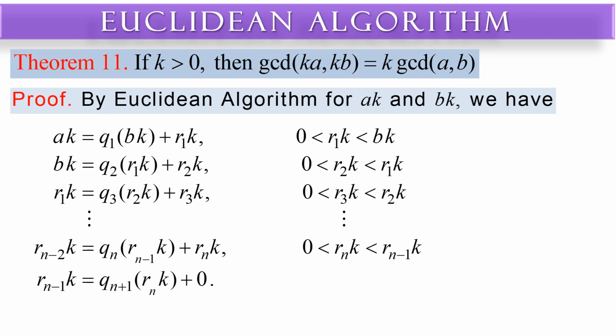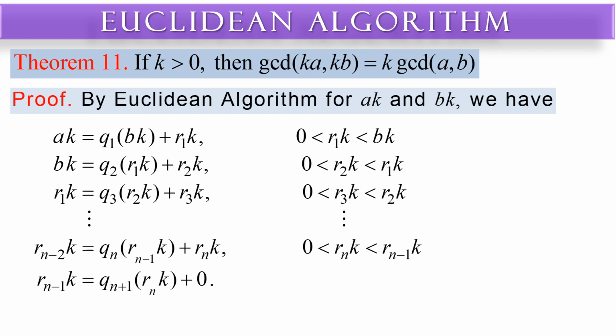a times k is equal to q sub 1 times b times k plus r sub 1 times k, where r sub 1 times k is greater than 0 but less than b times k. b times k is equal to q sub 2 times r sub 1 times k plus r sub 2 times k, where r sub 2 times k is greater than 0 but less than r sub 1 times k. r sub 1 times k is equal to q sub 3 times r sub 2 times k plus r sub 3 times k, where r sub 3 times k is greater than 0 but less than r sub 2 times k, and so on,